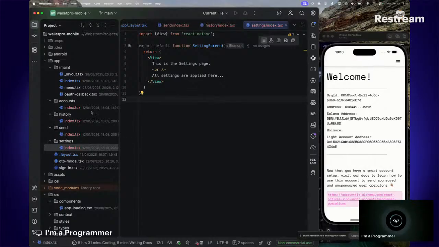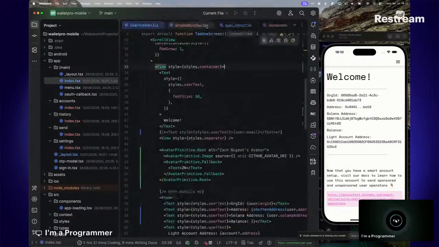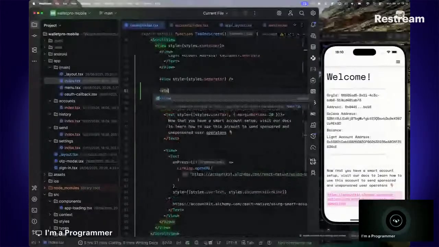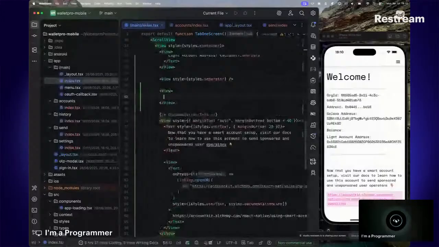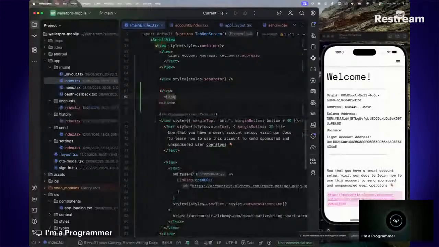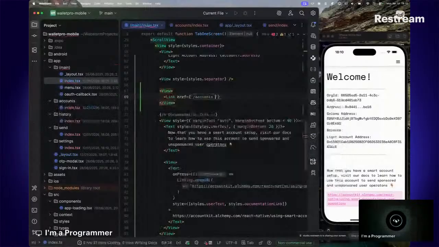Let's have a link that adds the different pages from the index. So from the main page. We have to do here to have one separator here. We're going to have a link to the different pages. We're going to link it to different pages. We're going to have a link and call it export router. The href is going to be to the account, right? Basically, we're going to have a link to the account page and